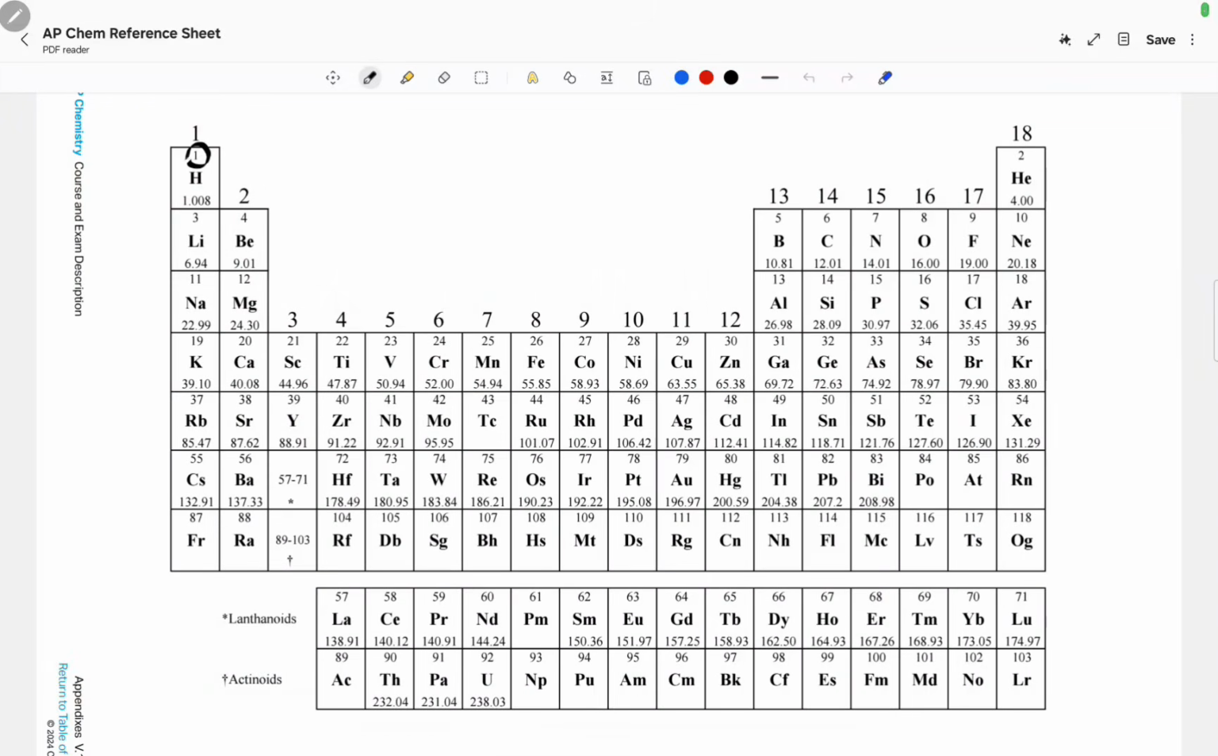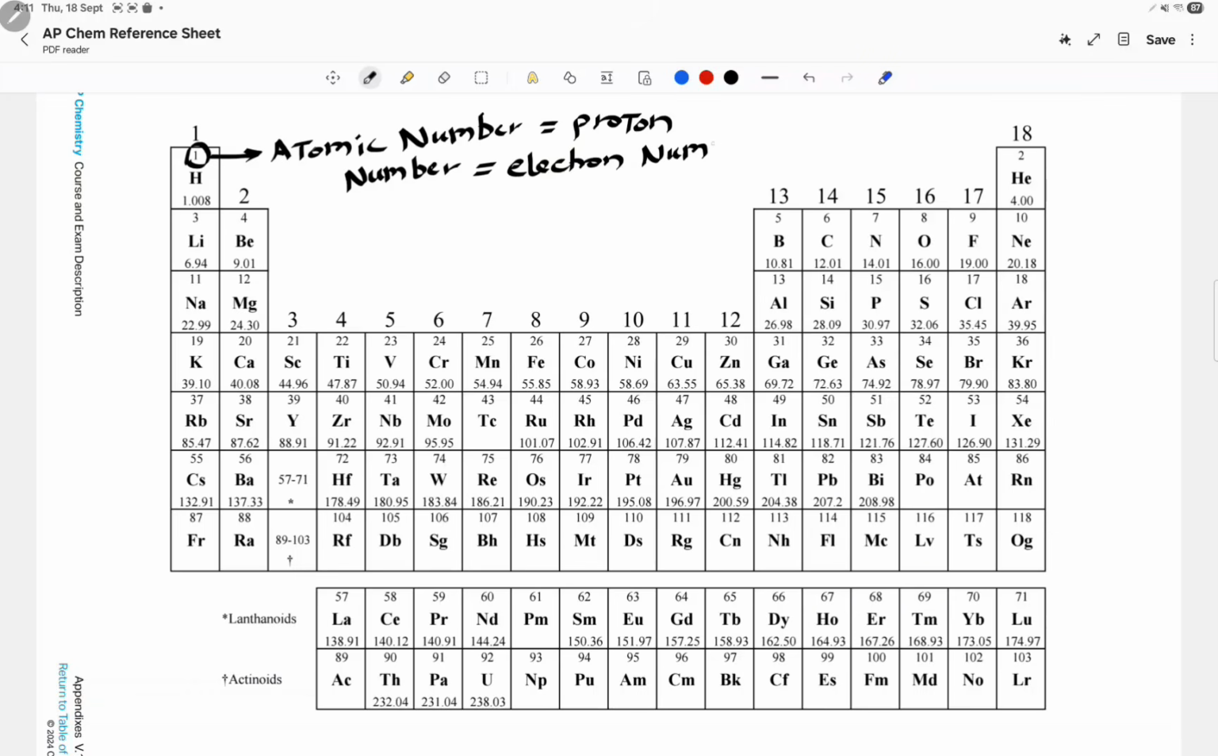The whole number is called a couple of things. The atomic number, or the proton number, or the electron number. For the electron number, it does work as long as the atom is neutral. Okay. And the decimal number